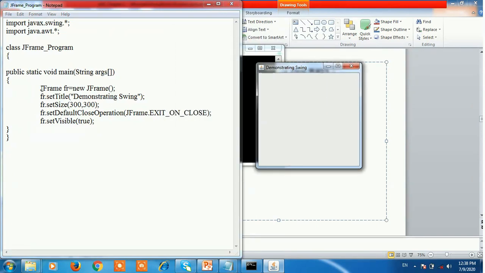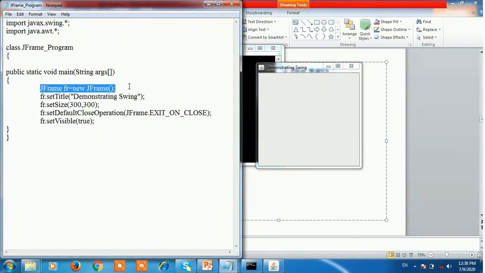This statement is used for creating an instance of a frame class. JFrame is a class, and fr is an object of the JFrame class, equal to new JFrame.